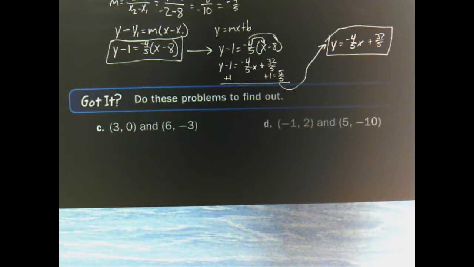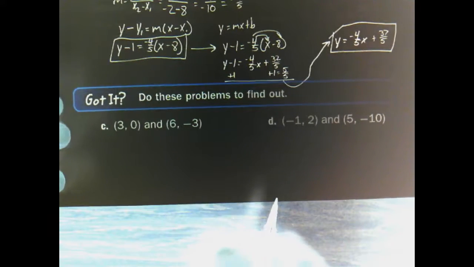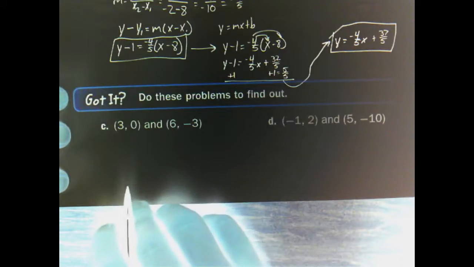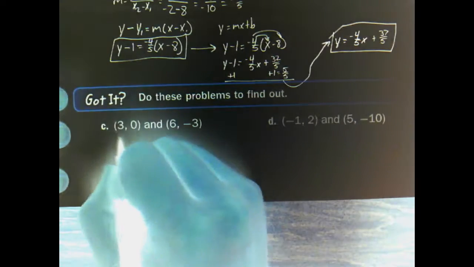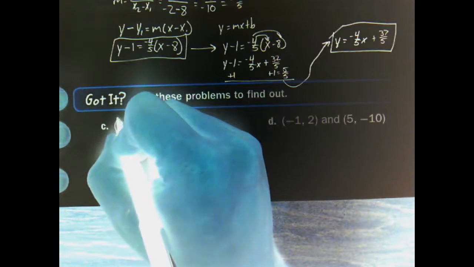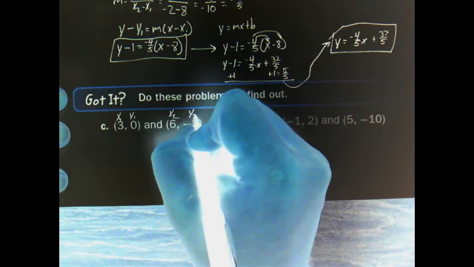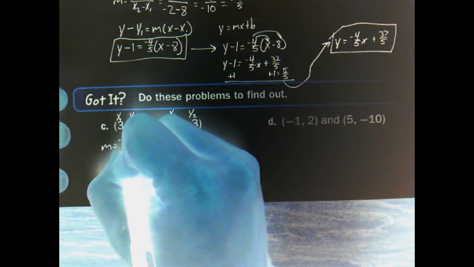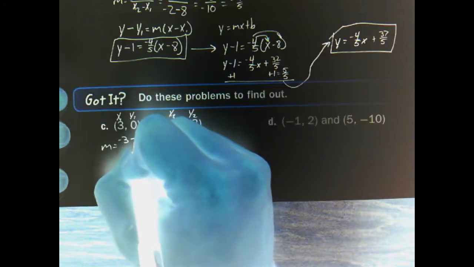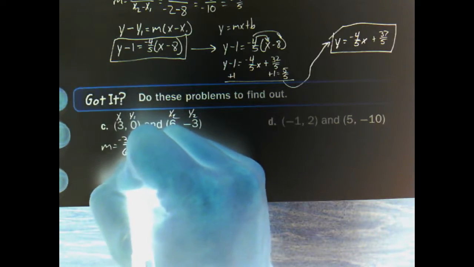So we should be back from trying C and D. Let's go through them. I'll try to be as quick as I can, but still explain some stuff. First thing, we want to find our slope when we're given 2 points. So we want to label our points and find our slope. So m equals y sub 2 minus y sub 1 all over